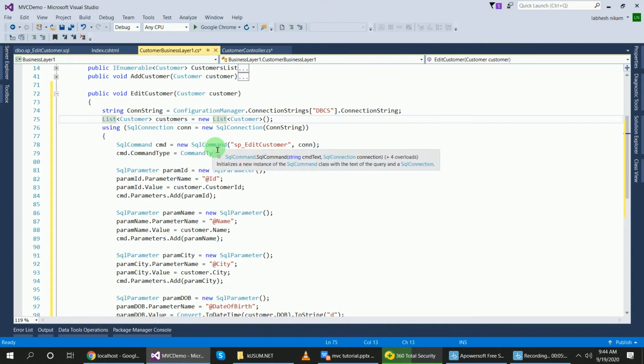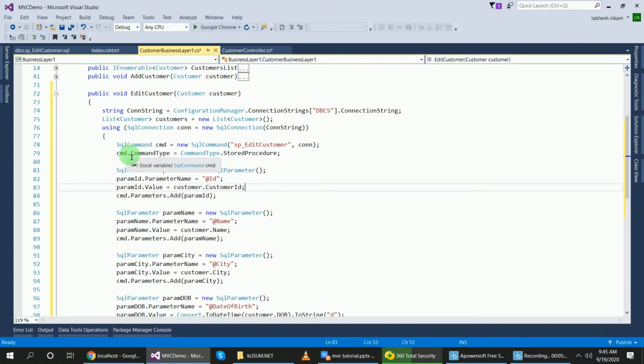Then using SqlConnection I passed the connection string, and inside it I executed the SqlCommand object and passed the stored procedure and the connection. Using the stored procedure command type I call the stored procedure, and I create parameters for all the fields.